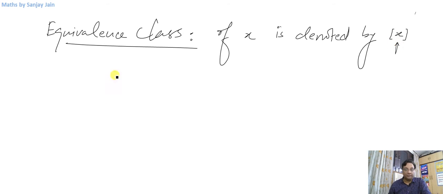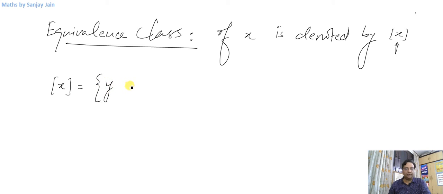What I mean is, okay, let me first of all define it formally, but if you don't understand it, you don't have to worry about it, because I'll give you enough number of examples to understand this equivalence class. This is a very simple concept. Give me 5 minutes, pay attention for these 5 minutes, and you will be through with this topic.